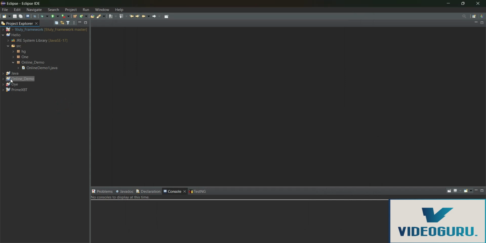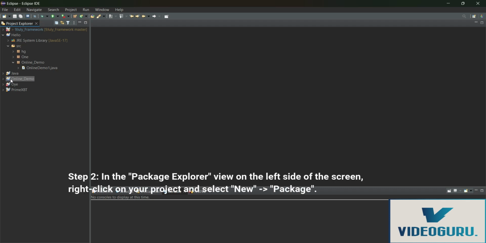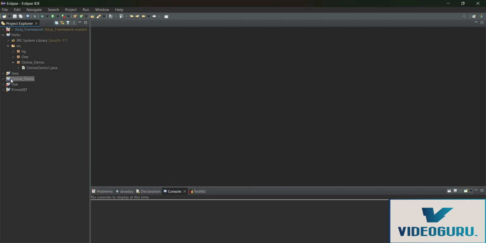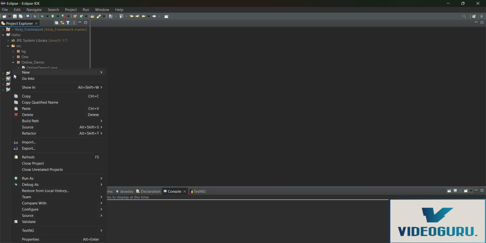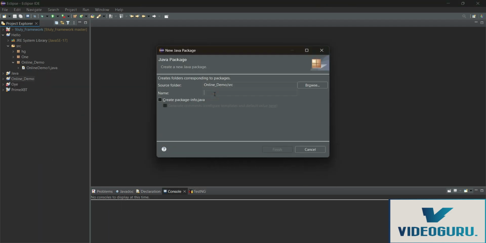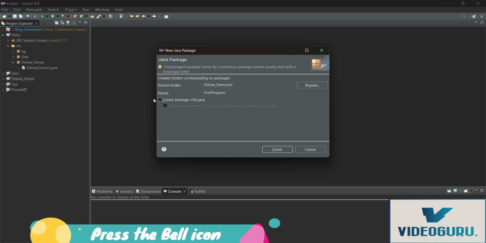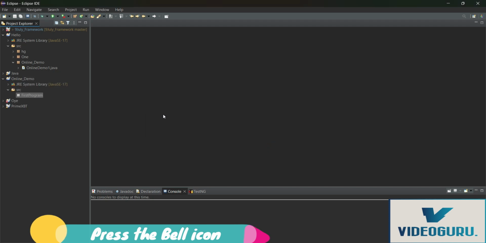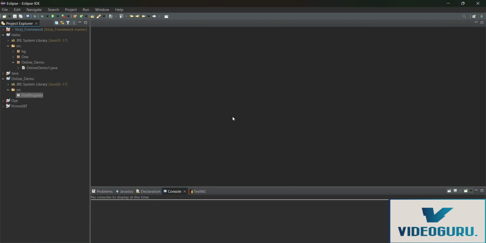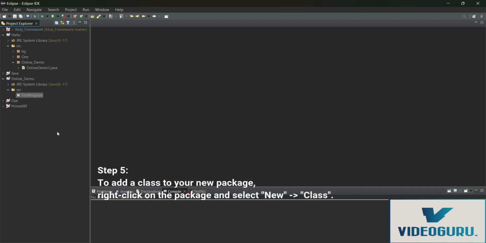In this project we need to create a package. Okay, let's see. So I'm just going to right click on that project. Here you can see a package. We can give a name to the package called first program. You don't need to check this box, just need to click finish. Okay, so we have created a package here, and now we need to create a class because we need to